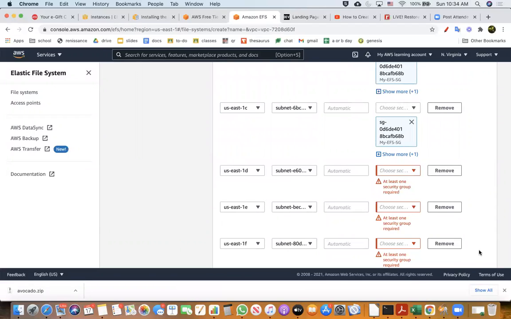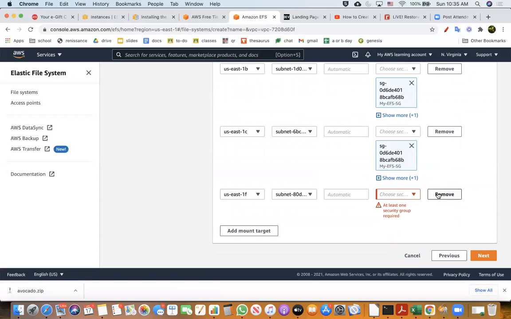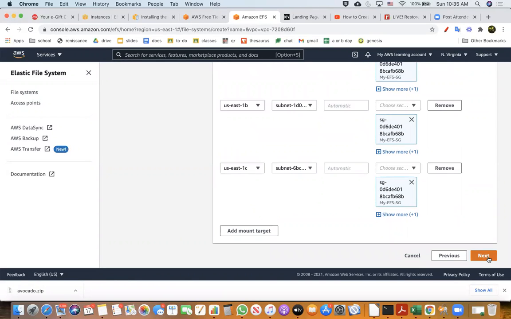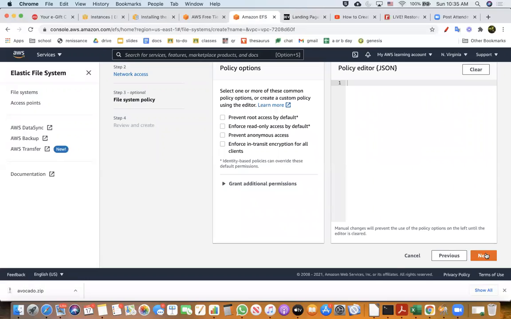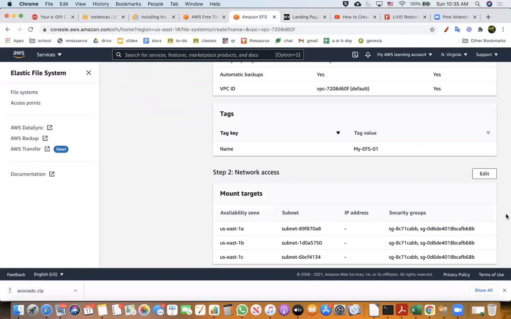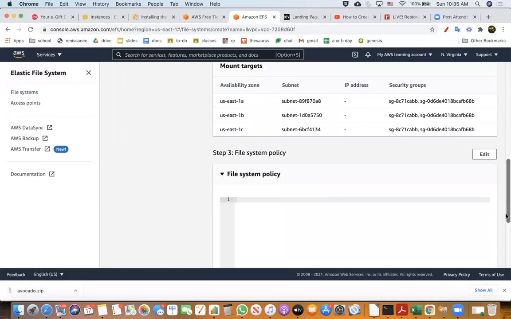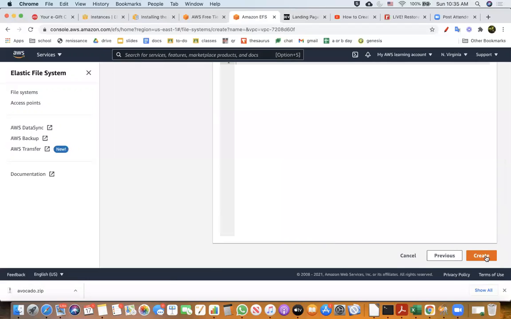So I say next. It says I'm going to remove everything, so I don't need them. You can leave this blank. You don't need to put any policies here, as those are slightly advanced topics. So now you create it.